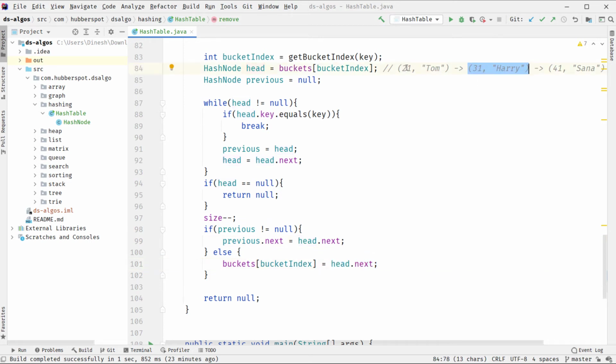As previous is not equal to null, it means we can't use this stuff, because this is only used in case we want to remove the first node of the list. But if we want to remove, let's say, a node in the middle, then previous will help us in removing that. So head was pointing to this and we want to remove this, and previous was pointing to this.